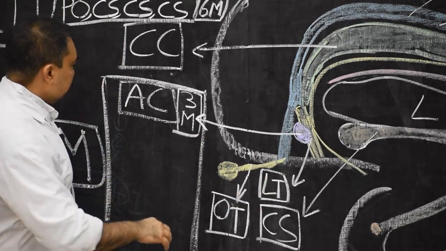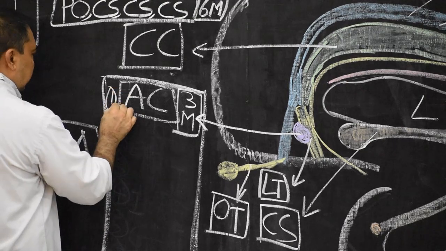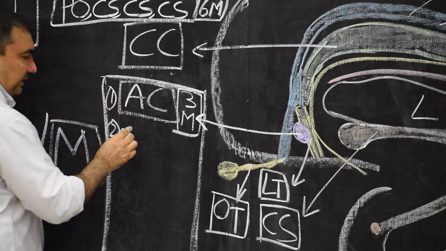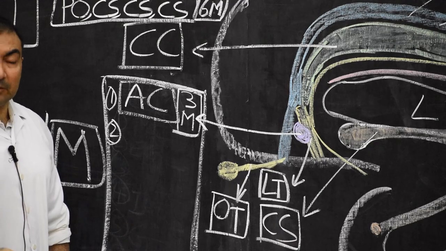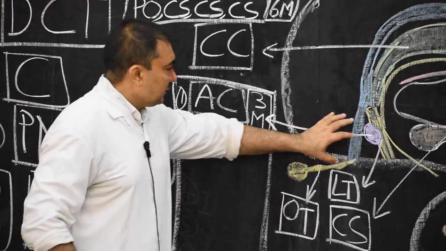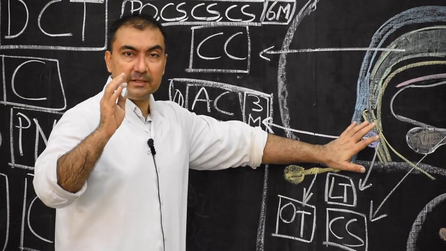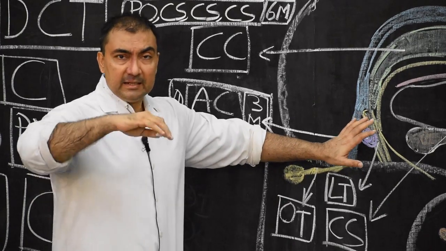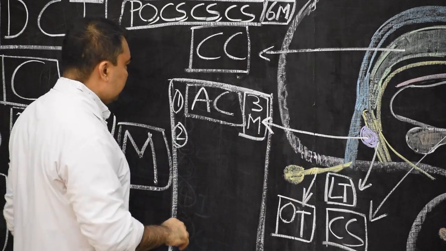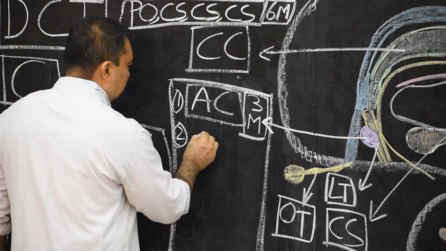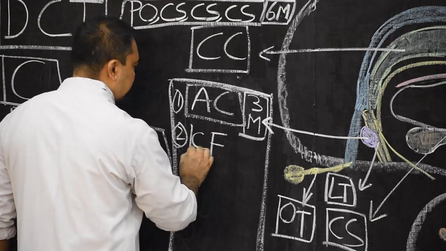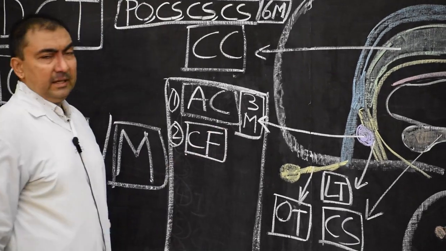Second commissure to develop. This is the first. Now the second to develop, we are going in sequence. Now all 3 commissures are going to develop within the lamina terminalis only. Please note down, they are going to develop within the lamina terminalis. So the second commissure to develop will be the commissure of the fornix. Please note down, commissure of the fornix.